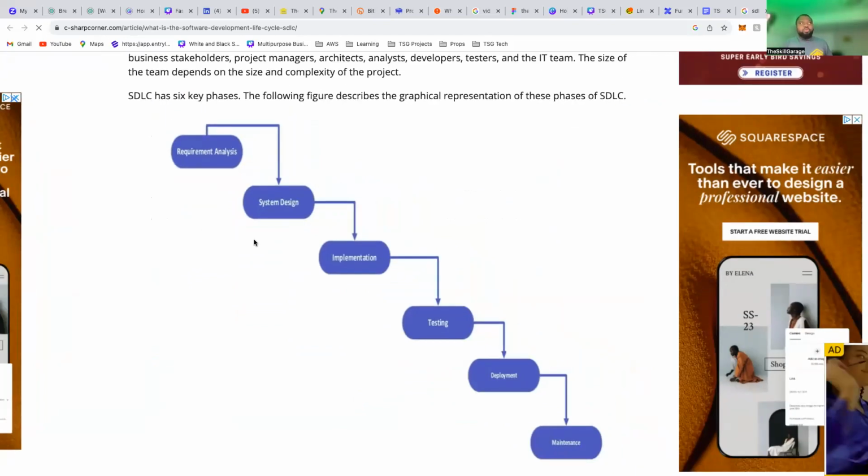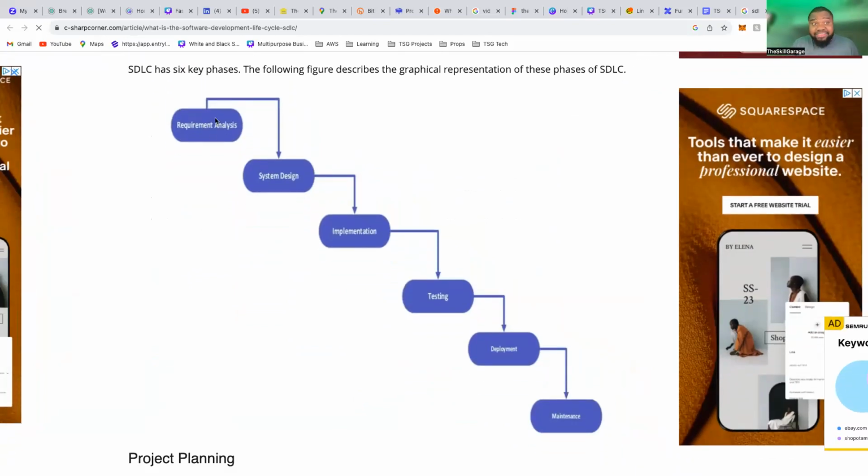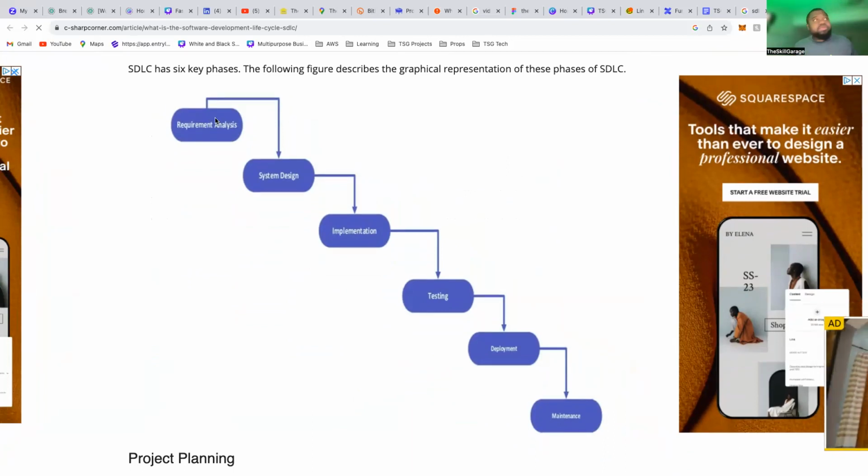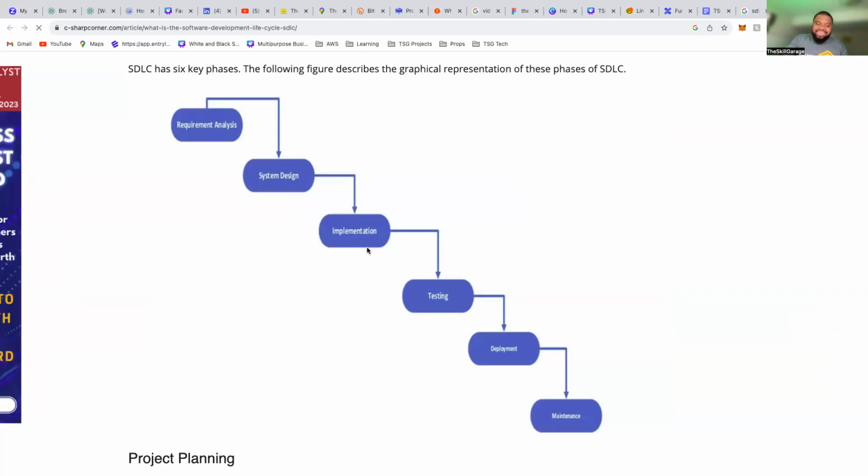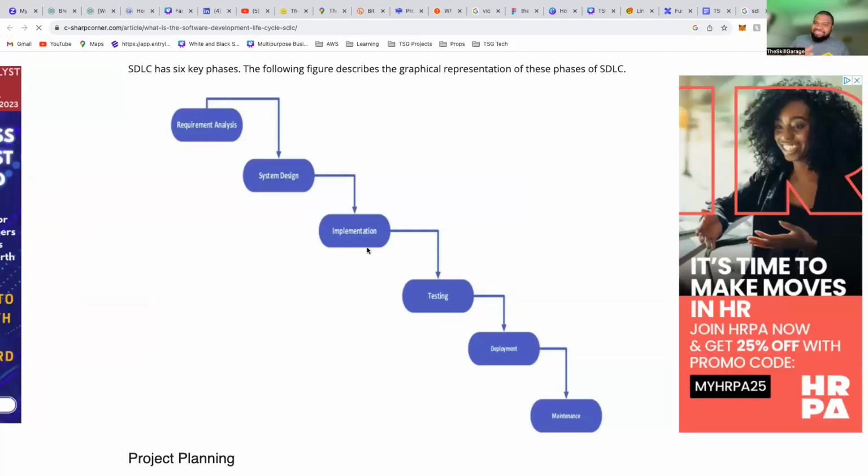Okay, so guys, you're with me. After the requirement analysis, you've done a lot of analysis, you've written your requirements, you have to finish writing it before you go into design. You have to finish design before you go into implementation. So implementation will be waiting until you are done with designing. And once you are implementing, you have to finish those things. Sometimes they will write all these implementation sheets and things like that. You have to do that before you go into testing. And after testing, you have to test everything before you go and deploy.